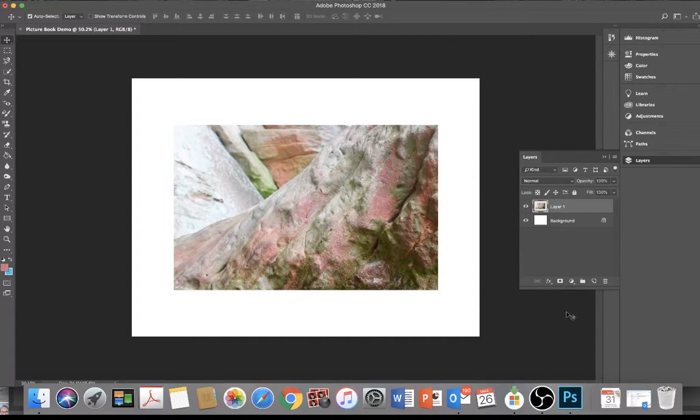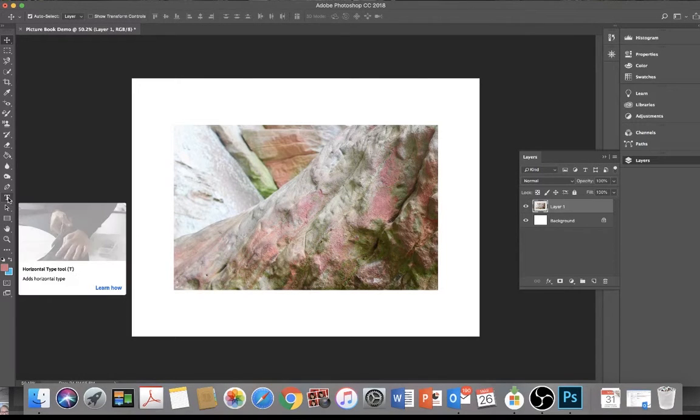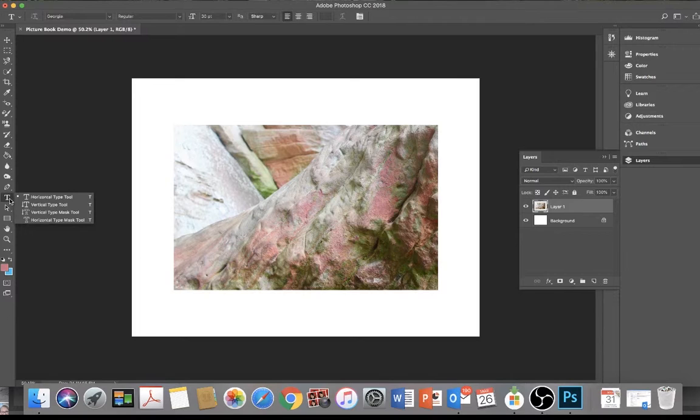I'm going to go ahead and add some text to my design. If I go over to this T on the toolbar, I'm going to use the horizontal type tool. If I hold it down, I can see I can use a vertical type tool. Then there are masking tools as well. So if I want my text to be horizontal, which I do, I'm just going to click on this and put my cursor down and I can start typing, and I'll say,